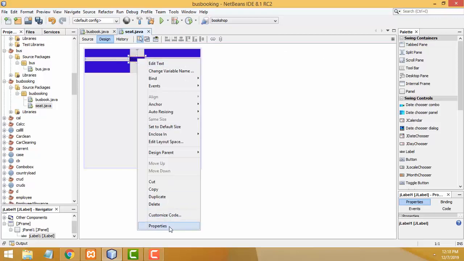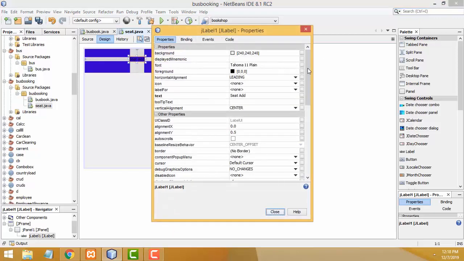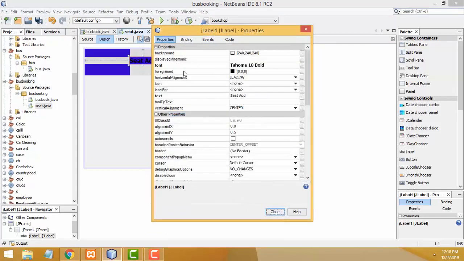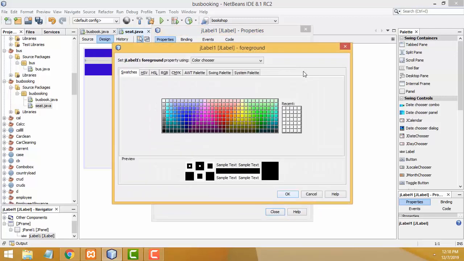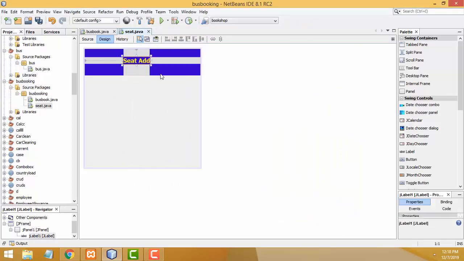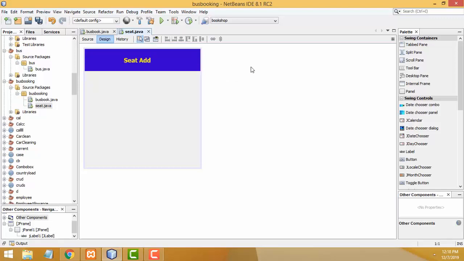Right click, properties, foreground property with bold with 18, click OK. At the same time foreground color I am going to change it as yellow, click OK. Perfect, right. You can take the time and increase the size and all, okay, right. Now what I am going to do is, after that I am going to drag one panel here,